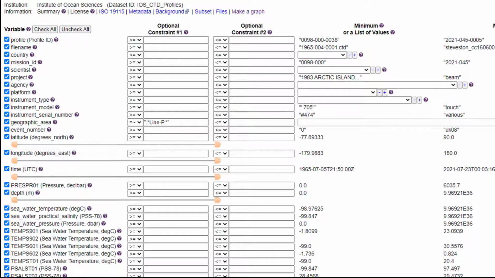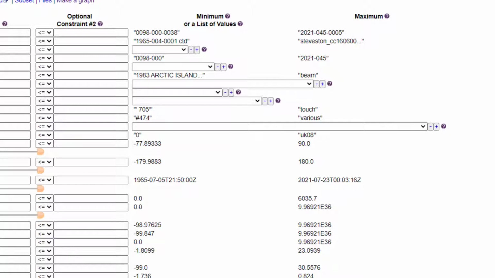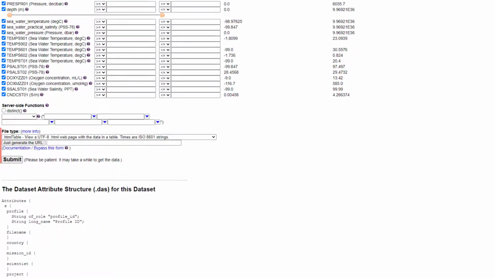You can be even more specific about the data you'd like to download by applying optional constraints to each of the variables. Constraints restrict the amount of data that will be included in your download file, which can be particularly helpful when working with large datasets. We will cover constraints in more detail in the next segment. To the right of the optional constraints are the minimum and maximum values present for each of the variables. It's important to review these columns if you plan to apply constraints to the dataset. The final essential component of the data access form is the download area, which lies below the columns we just discussed. We'll talk more in depth about generating files for download shortly.